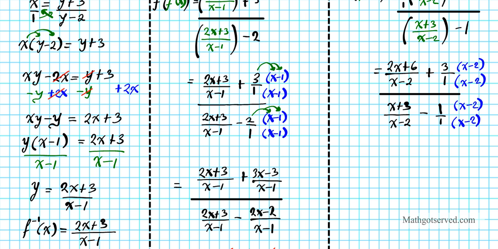All right, now to simplify the top, like we did before over here in part 2, we're going to distribute that coefficient in the parentheses to the two values here in the parentheses. So distribute 3 to x and negative 2. That's for the numerator. And then the 1 doesn't change anything. And then here we're just going to distribute the 1 to the x and the negative 2. So when we do that in the numerator, we're going to have 2x plus 6 over x minus 2 plus, now if we distribute this 3 to the top, we'll have 3x minus 6 over x minus 2. Okay? That is the numerator and the denominator will be